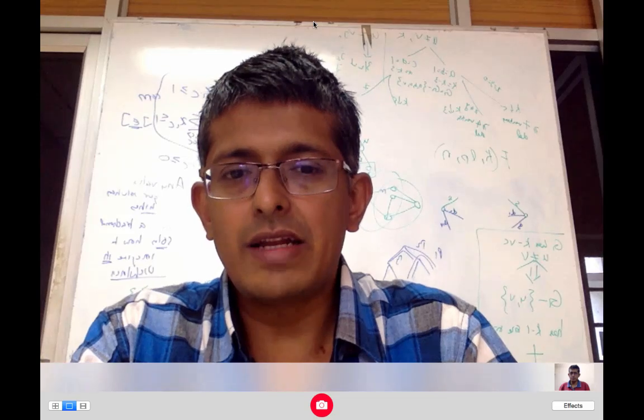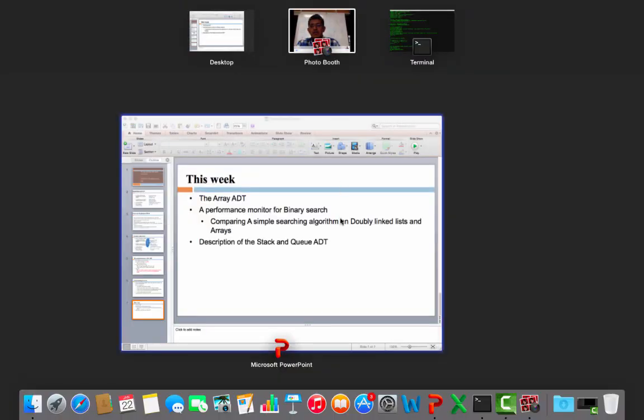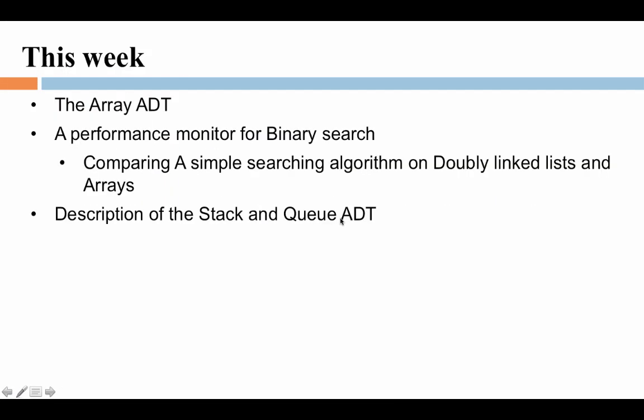So what are we planning to do in the next week? The plan for the next week is that we will talk about the array abstract data type very quickly. We will not go into the array abstract data type implementation because the C programming language provides us features for manipulating and accessing arrays. What we will do is use the array associated with the C programming language. We will use our doubly linked list implementation, and we will come up with a performance monitor for the binary